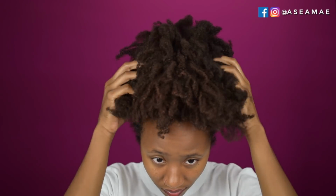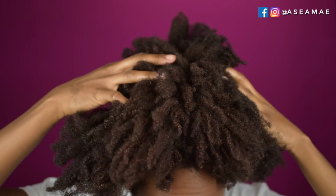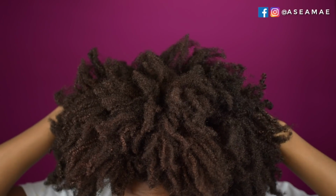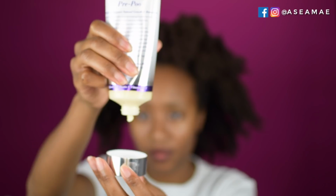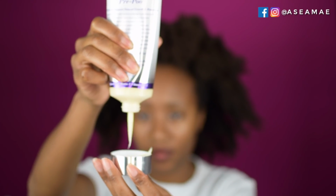So as you can see, my hair actually has temporary color in it, and it's quite time for a wash. It looks dry, but it's really not. My hair is still very soft. It's just dirty. So I'm going to go in first with a pre-poo, and this is the Main Choice Heavenly Halo